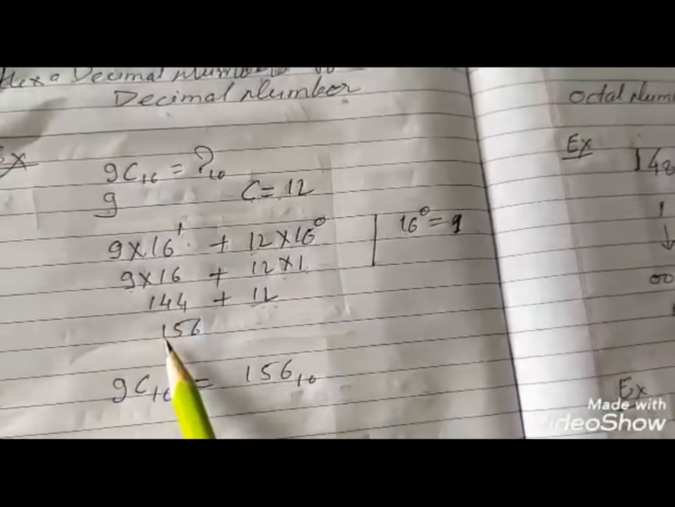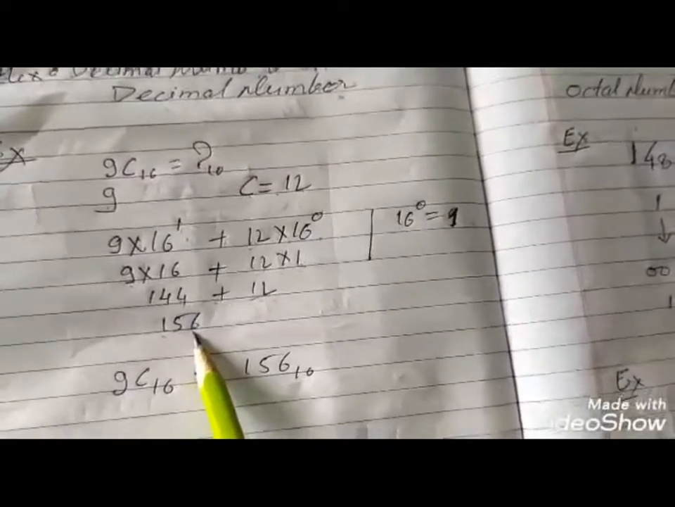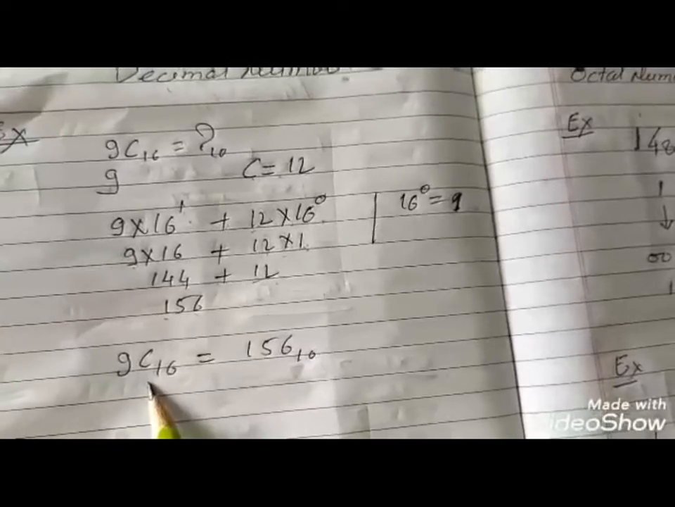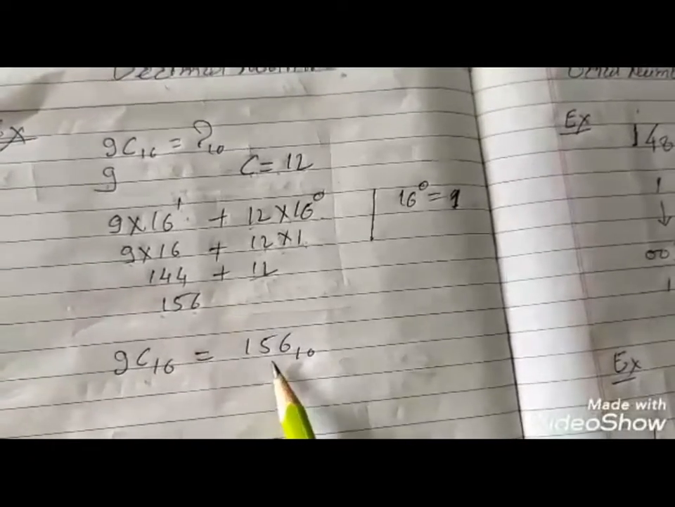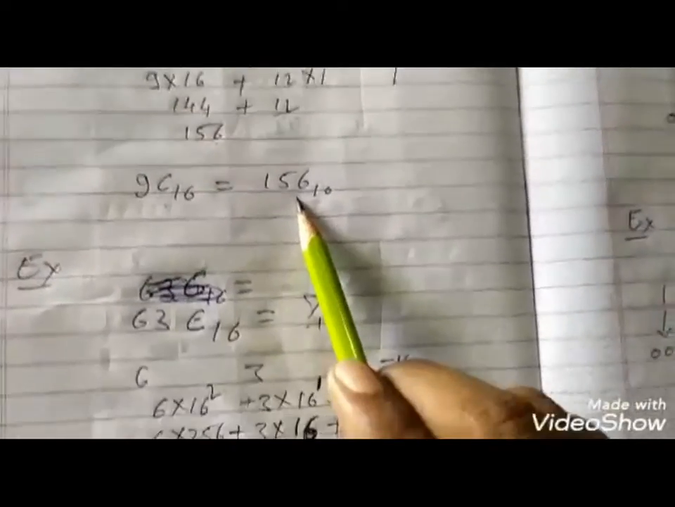Add all the terms. 156. So 9C hexadecimal number is equivalent to 156 as a decimal. Now next example,